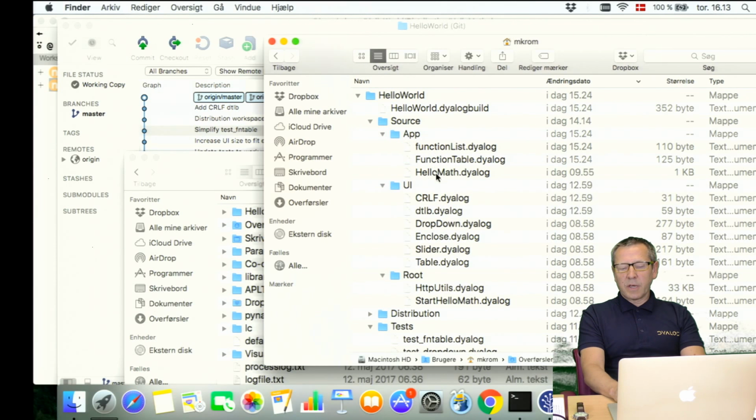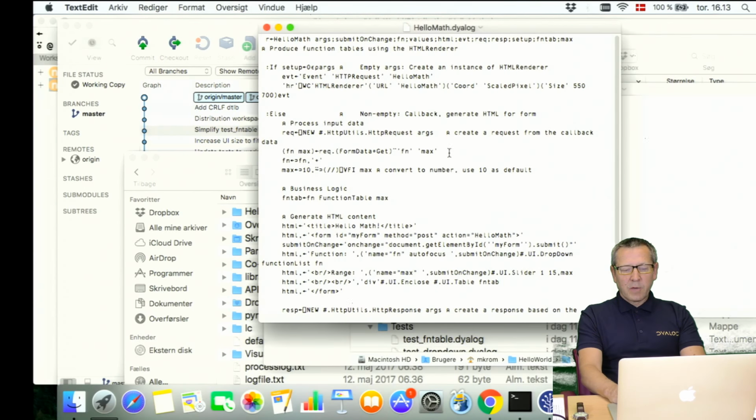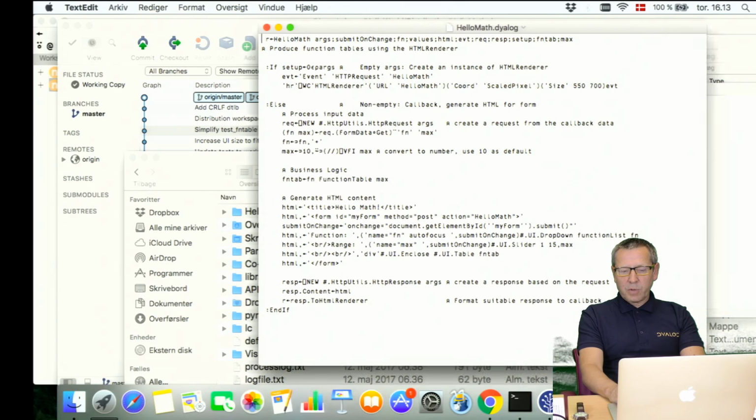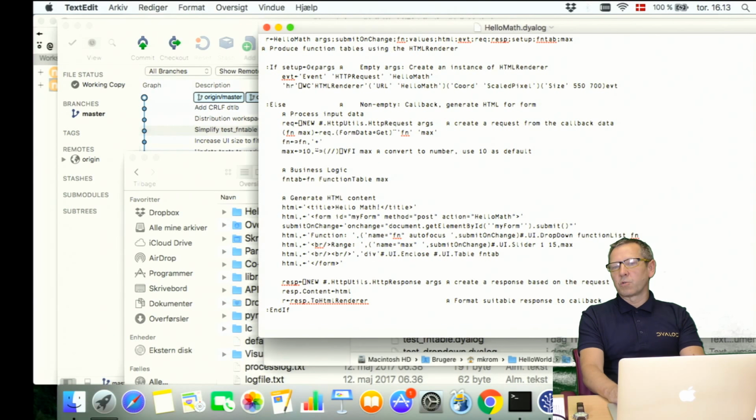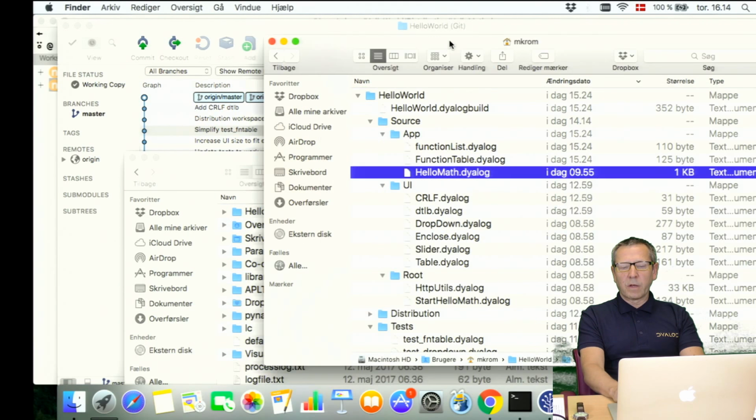And then inside the application is, for example, this hellomath.dialog function, which Brian showed you in the workspace. If I double click on that and open it with the text editor on the Mac, you can see the source code for this function. So each one of the functions or classes that we're using in this application are mapped one-to-one to files in